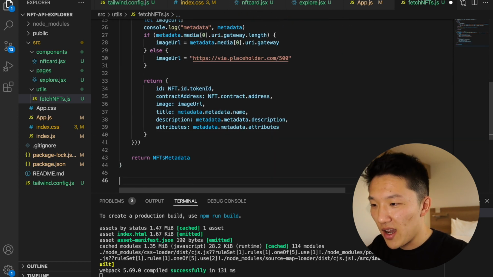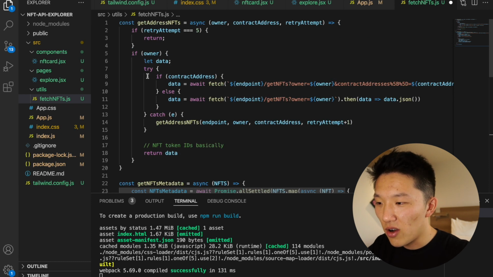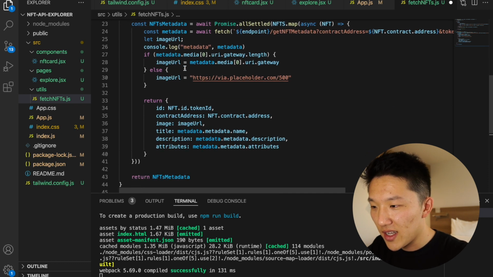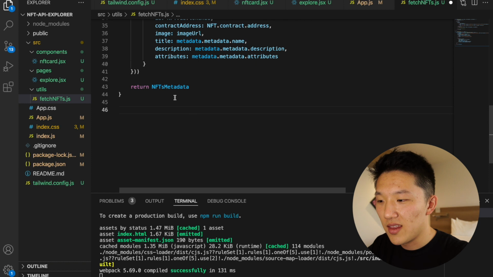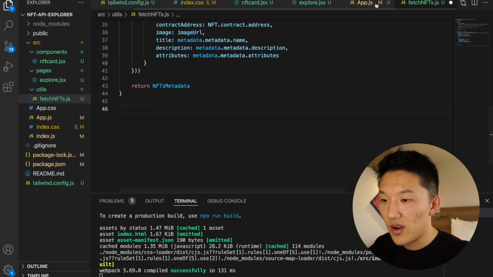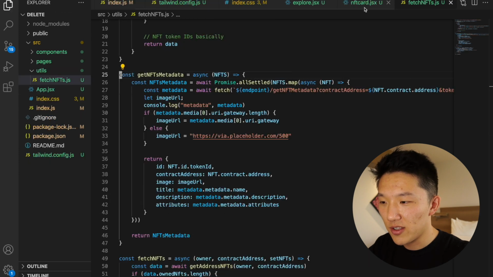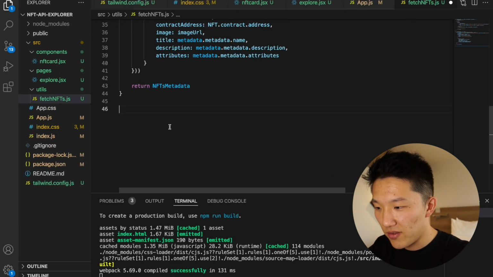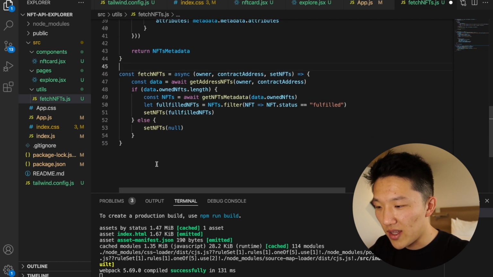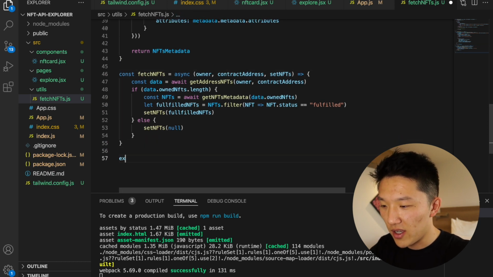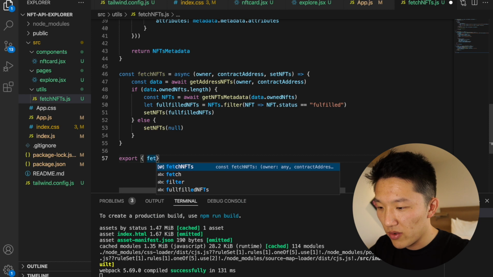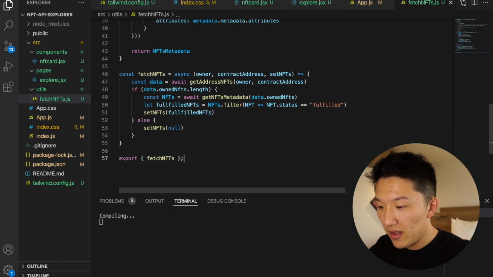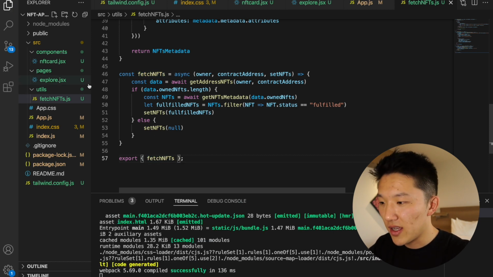And then finally, we have one function that will call the get address NFTs, pass that data to get NFTs metadata, and then set state in our application later. So I'll show you what this means. It might look a little confusing as we're building it, but it'll make sense in a bit. So this is the fetch NFTs function, and this is the one that we actually want to export from this file. So let's do exports fetch NFTs, and then this is what we're going to be using in the explore